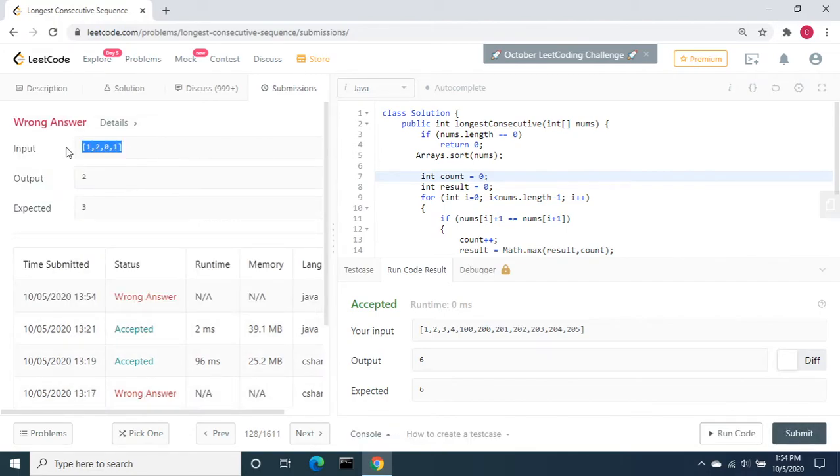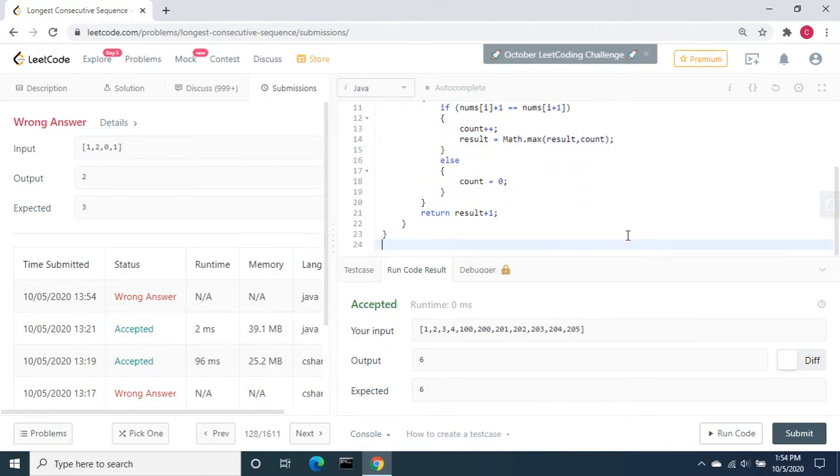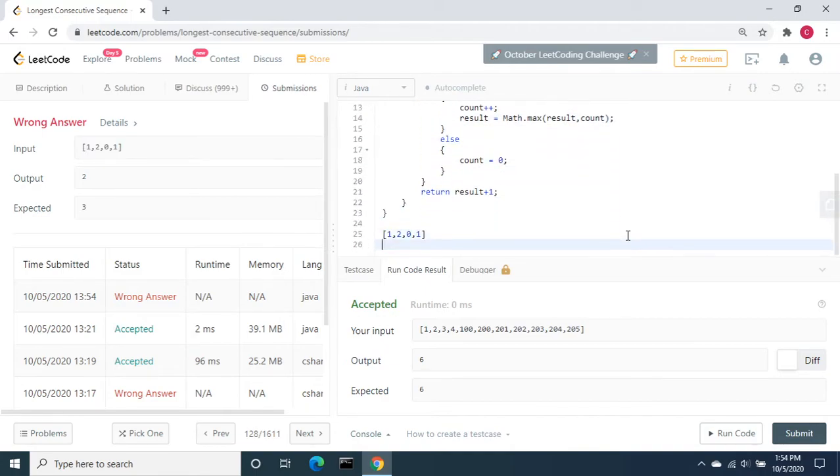For this input it fails, because the output is 2 but expected is 3. How is the expected 3? If we check this, 0, 1, there is a duplicate. If we take this example, the sorted values are 0, 1, 1, 1, 2.